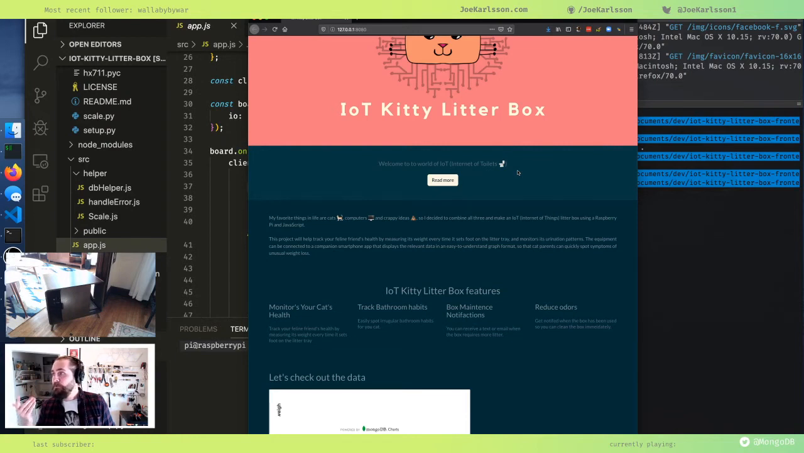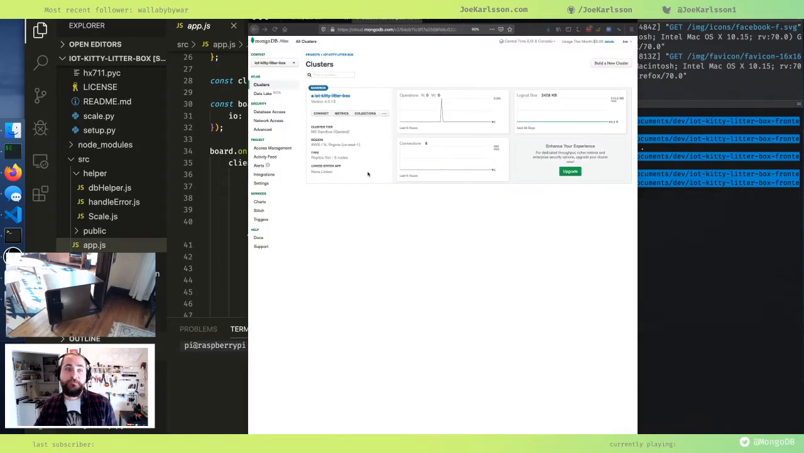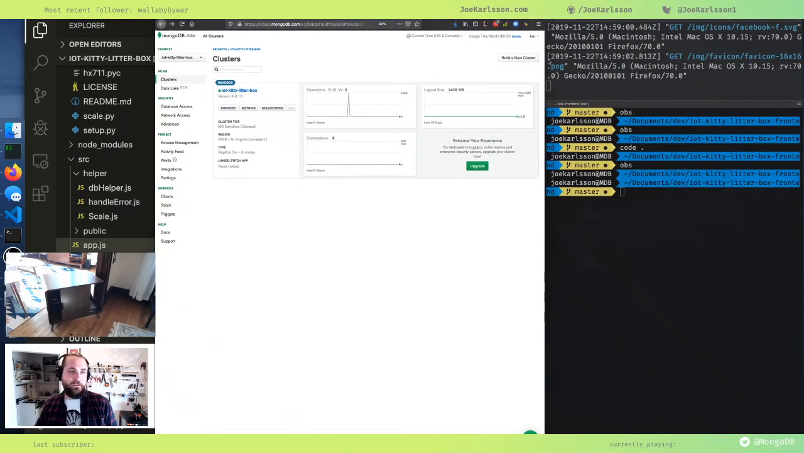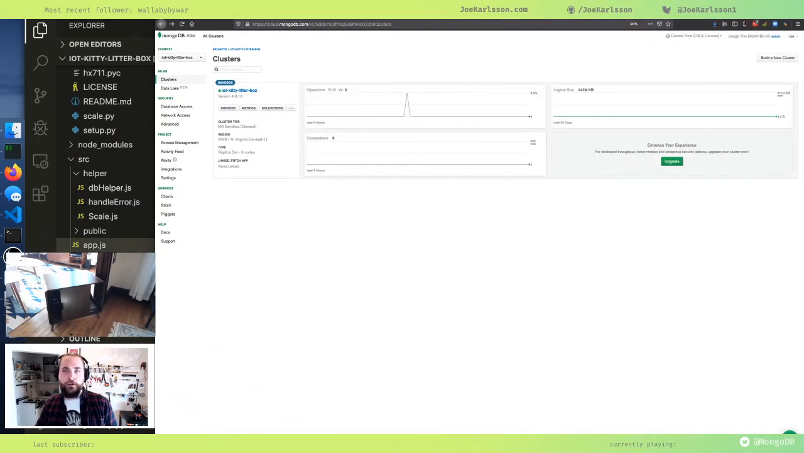So, a cool thing that we have with MongoDB is charts are just baked in, which is super cool. So maybe I'll just show you guys what we got so far. I may make this a little bit bigger. Okay, cool. So we have our